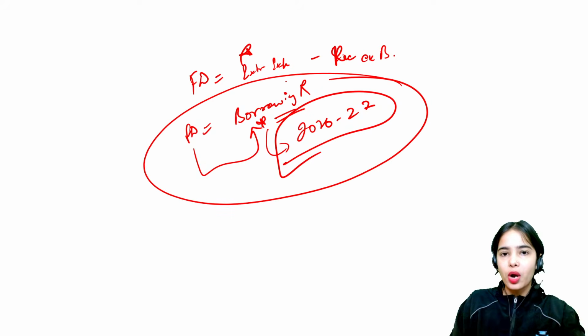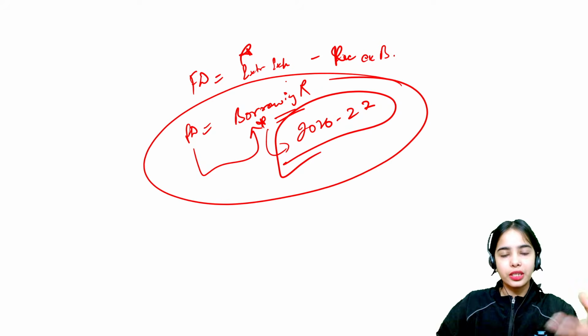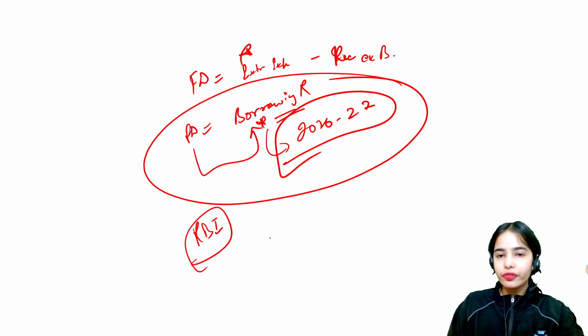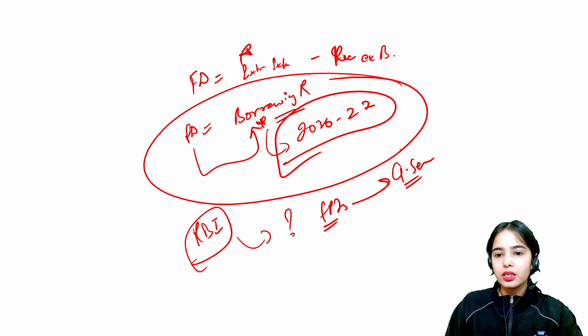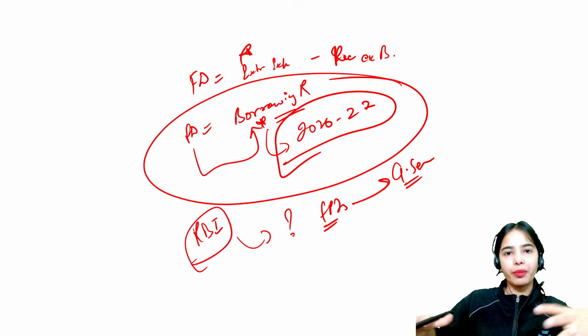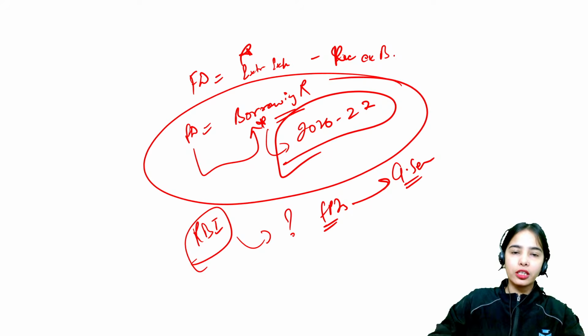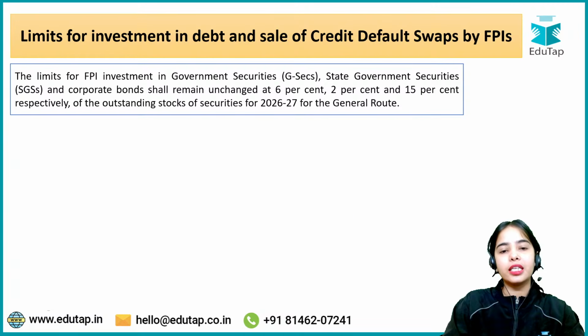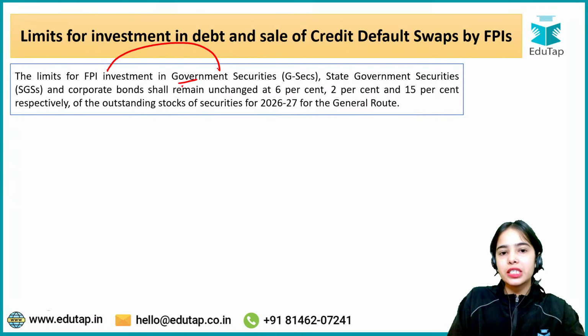According to this borrowing requirement for the new financial year, the RBI notifies how much the foreign portfolio investors can invest in the government securities. Okay, so according to the borrowing requirement that the government has notified for the coming financial year, the RBI gives limits to the FPIs on how much they can invest in the government securities, because it is already notified that the FPIs have certain limits of investment in the government securities.